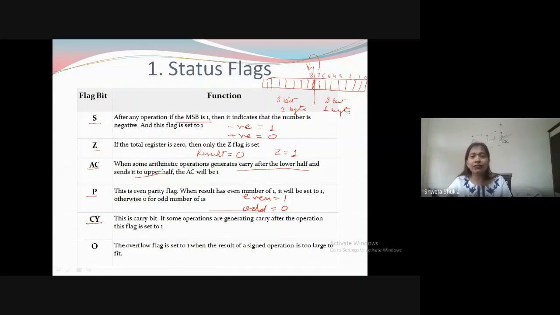Carry flag means we have this last 15th bit. If there is a carry out of the 15th bit, then the carry flag will be high. There comes one new flag other than your 8085 microprocessor, which is called O, or you can say overflow flag. Overflow flag sets to 1 only when some operation is performed and the result is too large to save in 16 bits. That means if the result comes more than 16 bits, there is an overflow of the bits. So overflow flag will set to high.